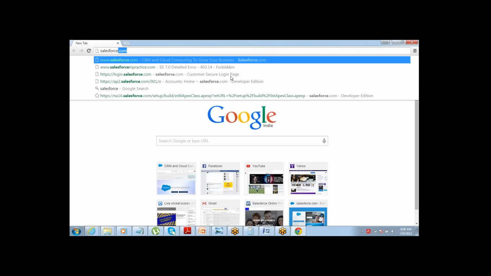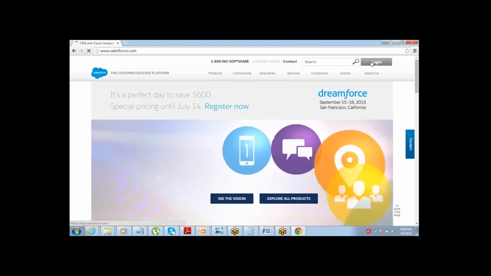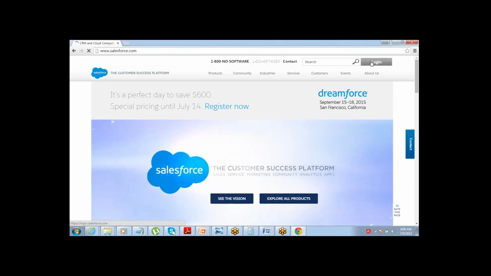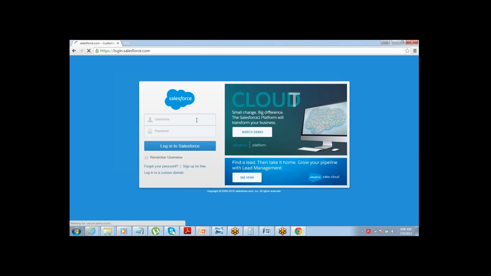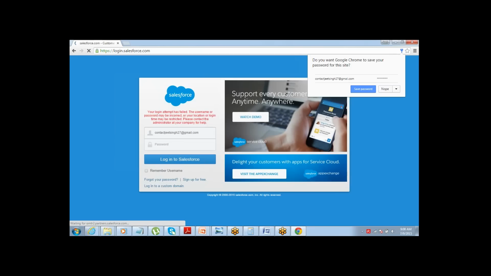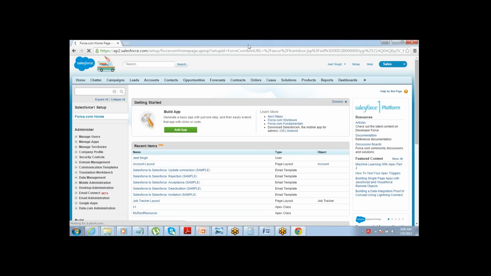Once you are opted into Salesforce, if I'm logged in into Salesforce, usually, what we have seen is if I need to enter some data,